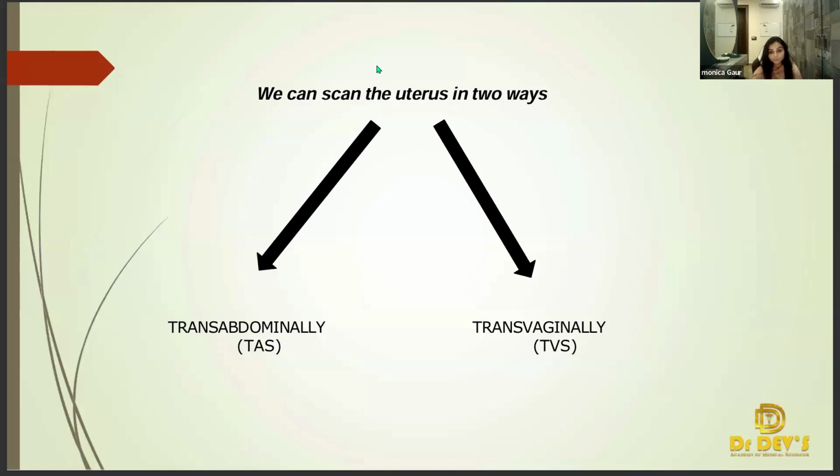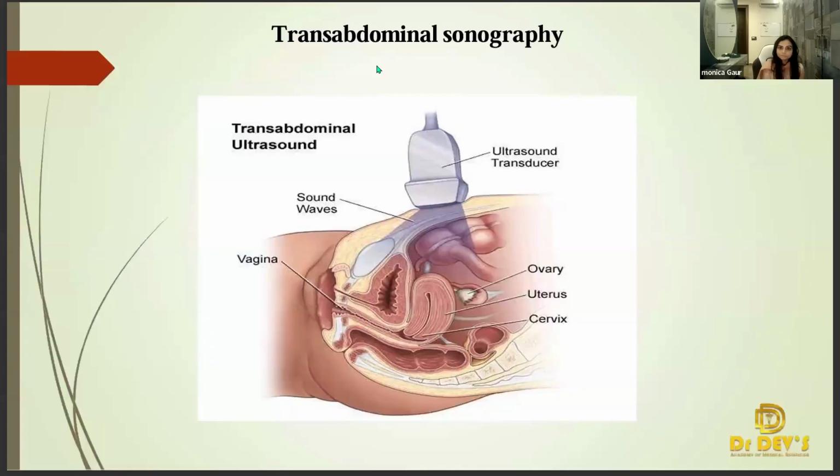When we talk about the transabdominal scan, we start from the very first day. When we do the whole abdominal scanning, we do see the uterus in all of the female patients. Now, transabdominal sonography. I'm assuming that you all know about the sonography probe. I'm assuming that you all know about the sonographic image, how it looks like. When we say transabdominal sonography, what do we talk about? So this is a probe, a transabdominal probe.